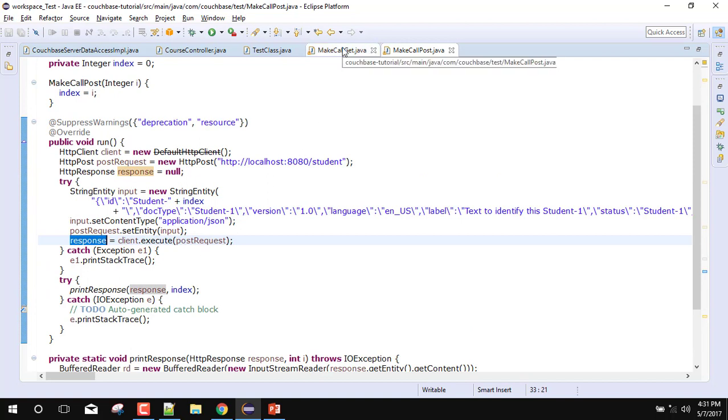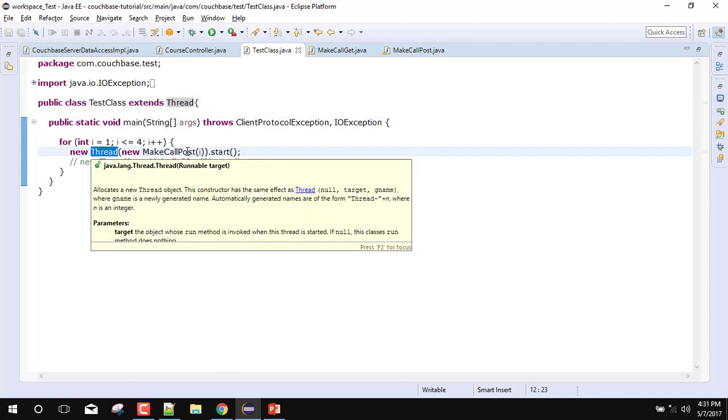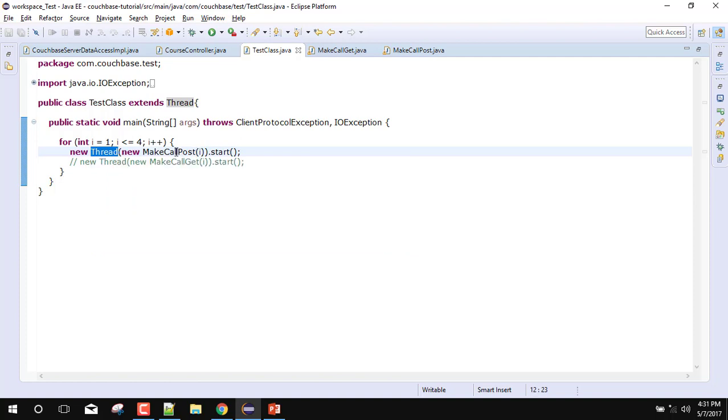So let's first execute this, and we will insert 1,000 records with the help of this test class. In the test class I have created just a main, and I have created a new thread in which I have passed the object of the post class and an integer i, which is the number of the thread, and let's say here it is 1,000 threads.